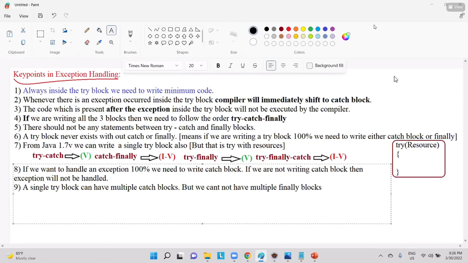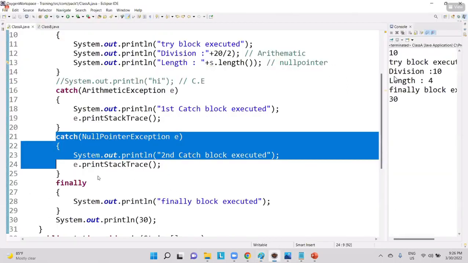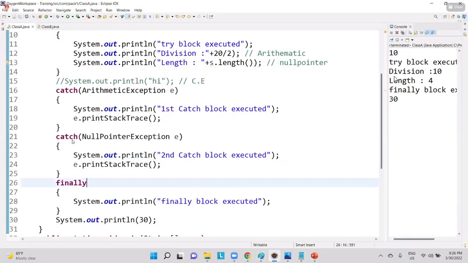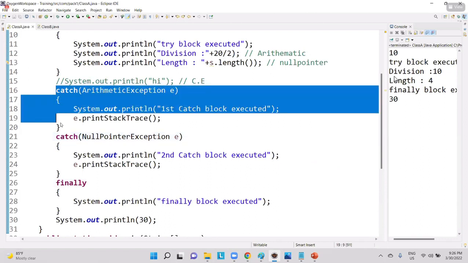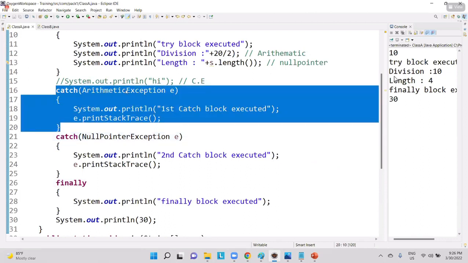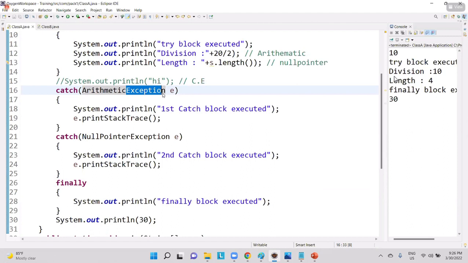Now my question is, sir, actually both the exceptions can be handled by a single catch block if we write exception. Am I right or wrong? If I write exception, both the exceptions will be handled. But again, guys, it is a good programming practice to know what is the type of the exception which is getting occurred. For example,